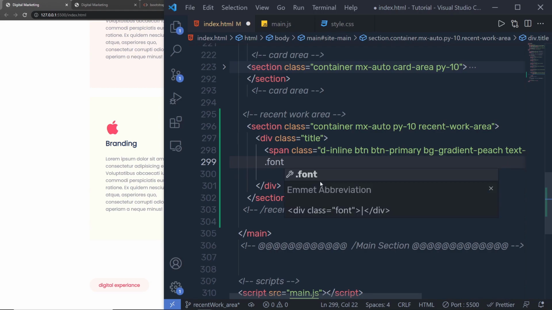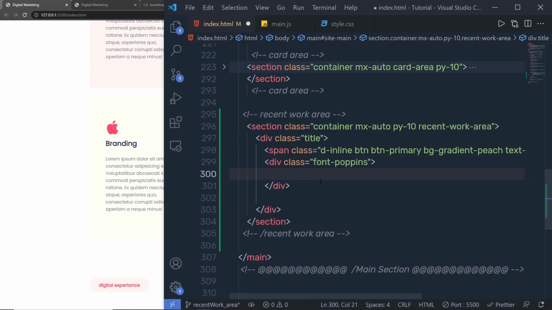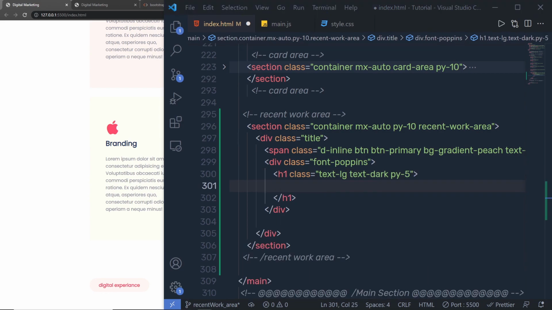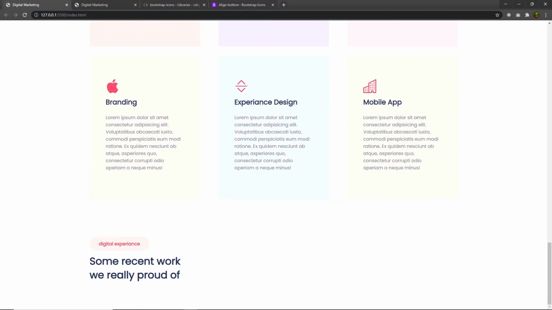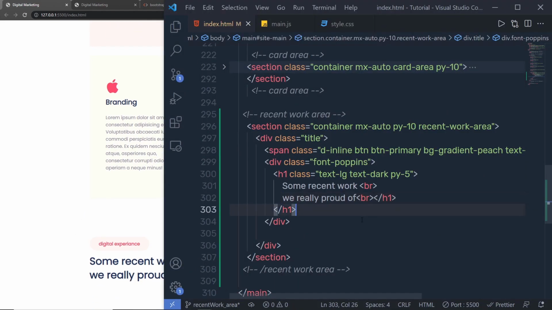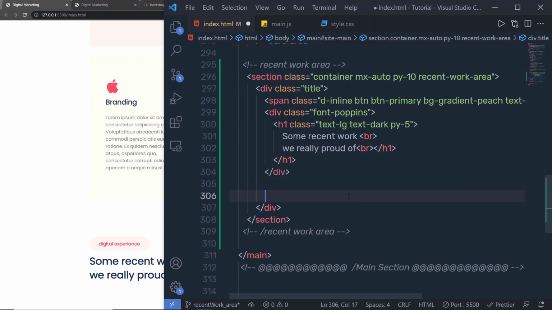again, and then I'm going to add here font family, font Poppins, and inside this div I'm going to add h1 heading tag with the class text lg and text dark. Along with that, I'm going to add padding by 5, and inside this h1 I'm going to add some text just like this. Save the changes, and this will add the text here. You can notice, and just out of this h1, just out of this division tag right down here, I'm going